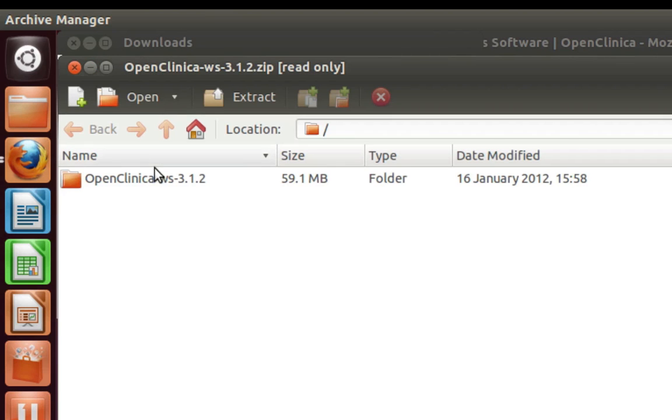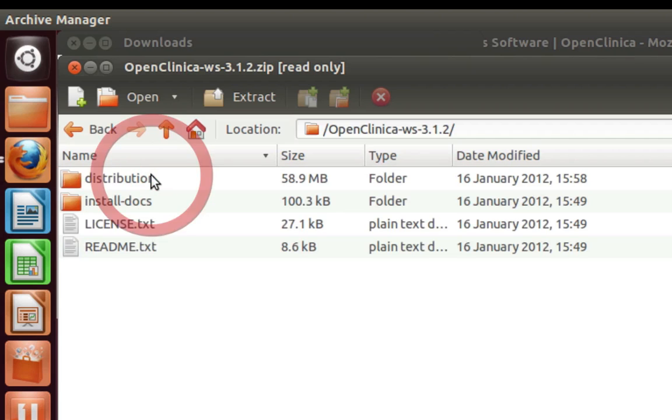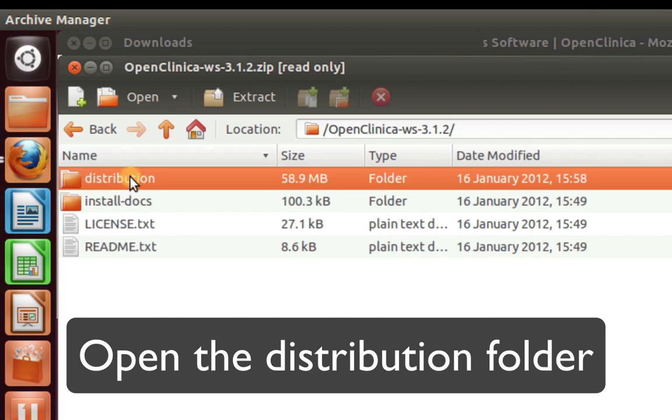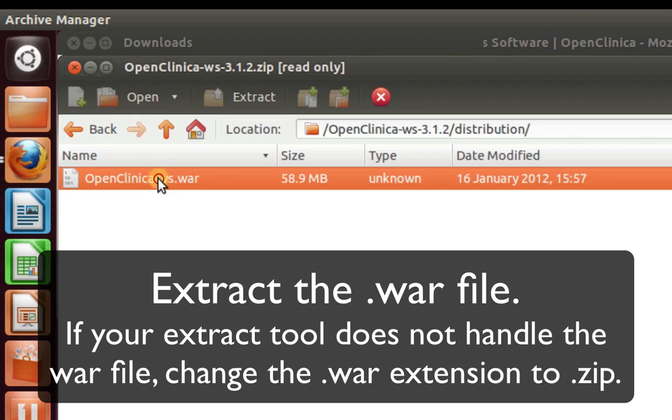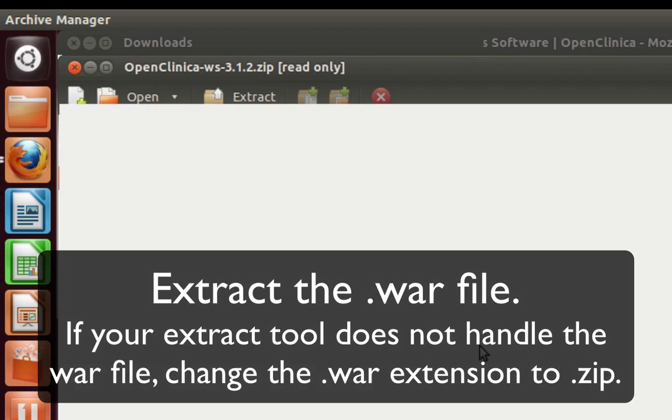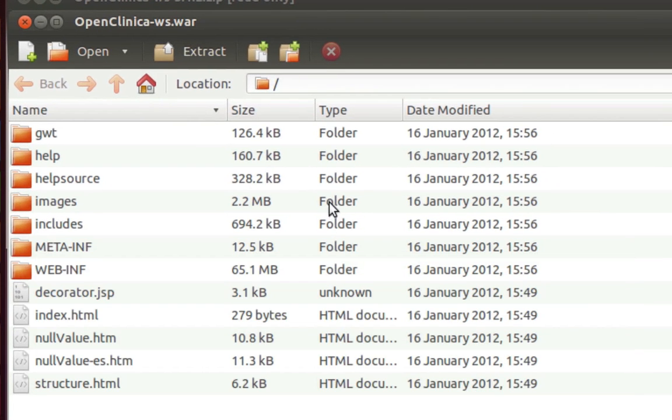In the downloaded zip file, you will find the OpenClinica folder, distribution folder, where you find the WAR file. You need to uncompress the WAR file,